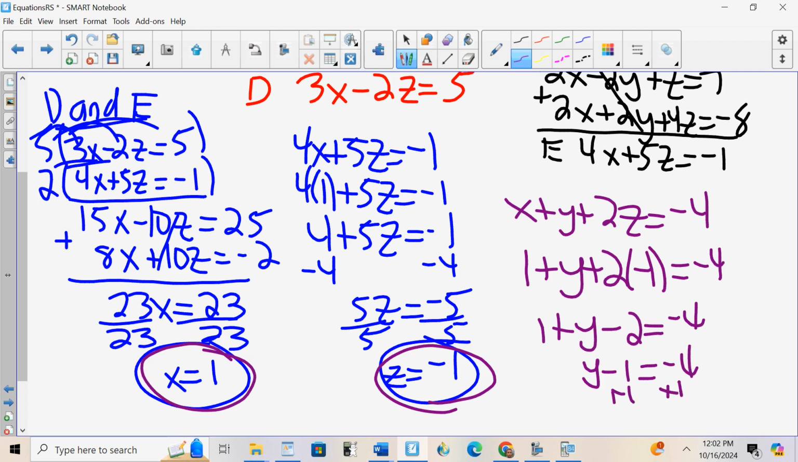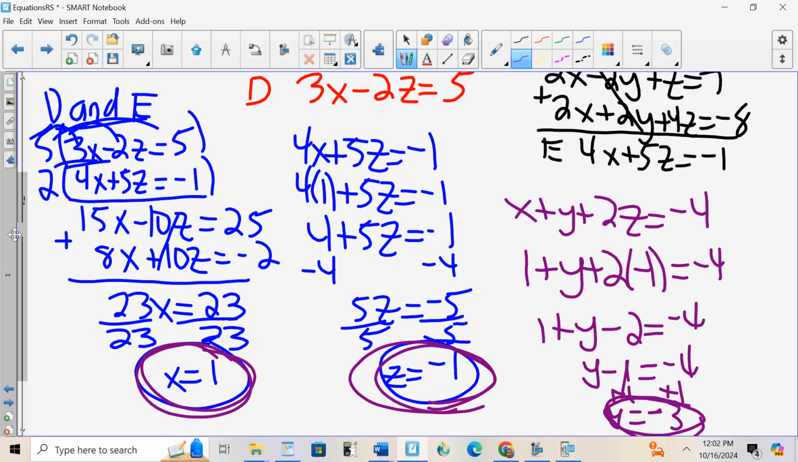When I solve for y, I get y equals negative 3. So my answer: x equals 1, y equals negative 3, z equals negative 1. Algebraically, that's 4 points. Now to check it, or to get your 1 point if it's open response, or your full credit if it's multiple choice,